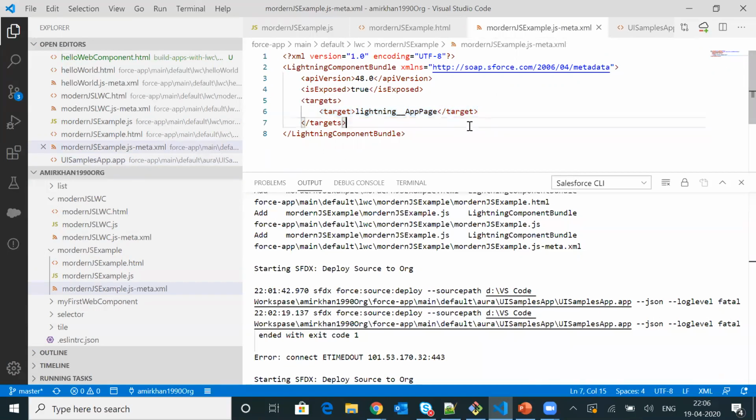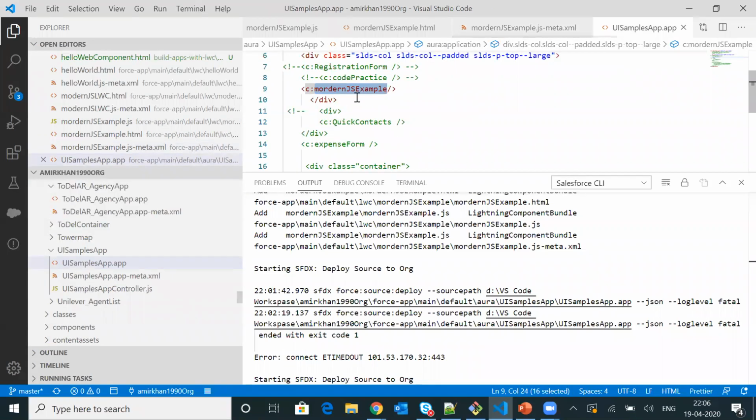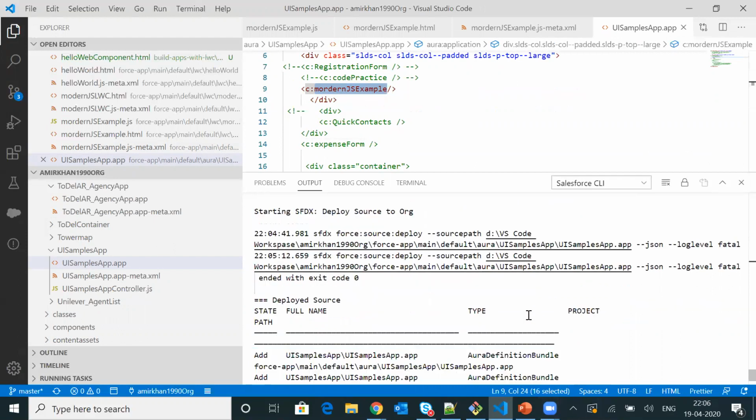On the UI sample app, which is an Aura app, I will be referring to the LWC component this way. I have deployed this app and also deployed the LWC component to my org, and it got successfully deployed.